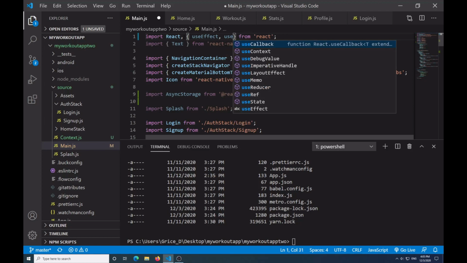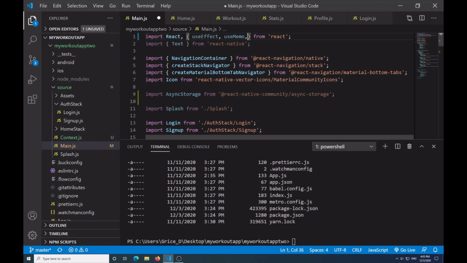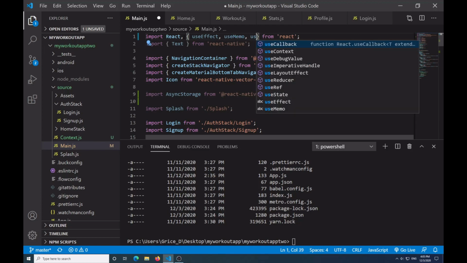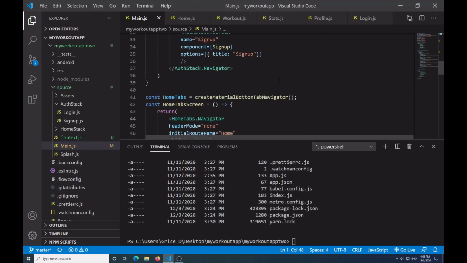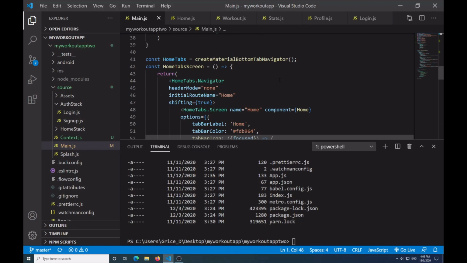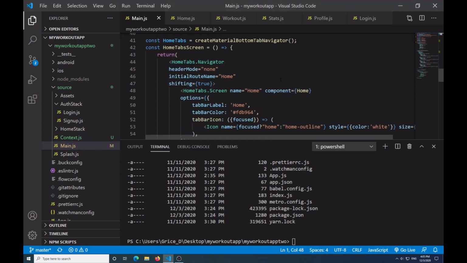Then what we want to do is useMemo and then useReducer from React. Now, since we have this taken care of, what we need to do is first go to our main,